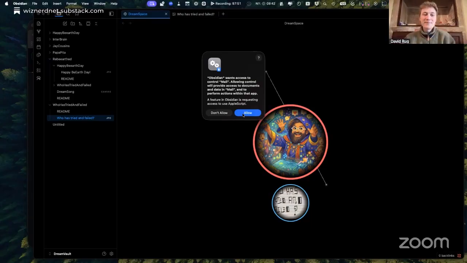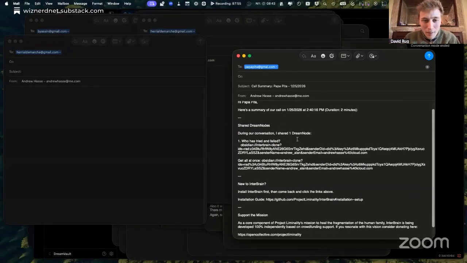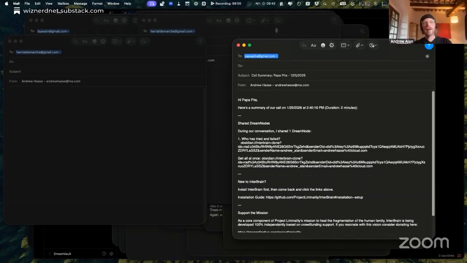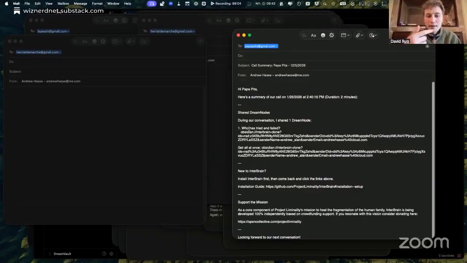Peter's email sent in, and that email draft will now, you see that, have this Obsidian link, which if you send it, it's clickable. And if Jeremy has the thing installed, he can just click it and it will clone the Dream node